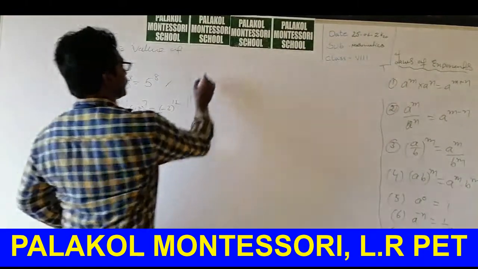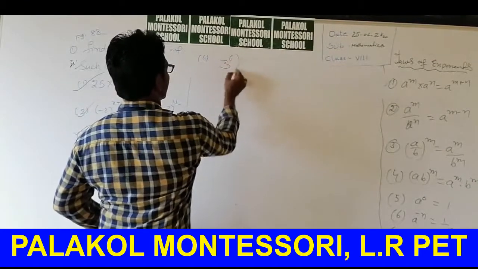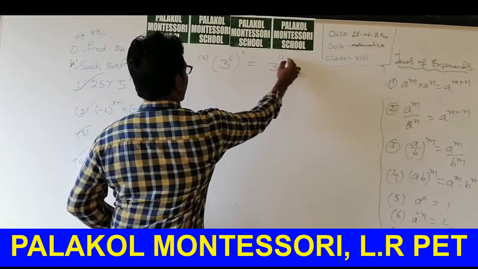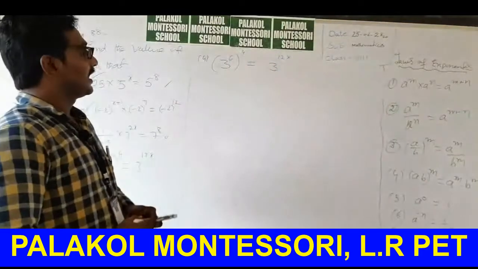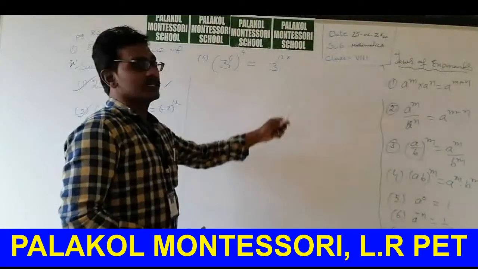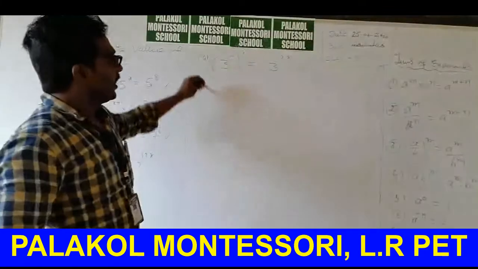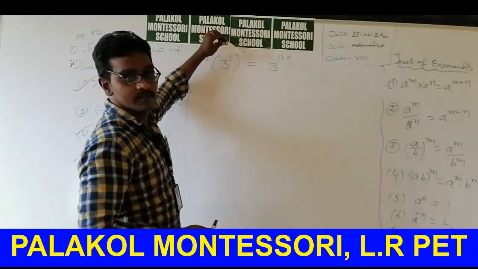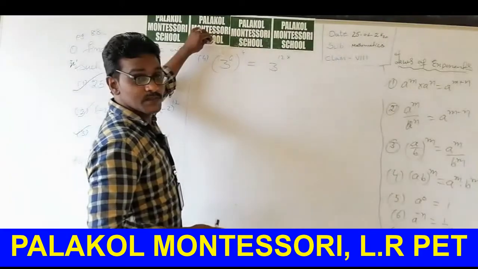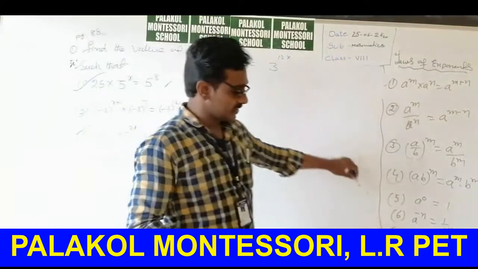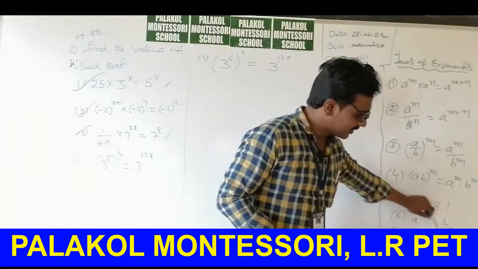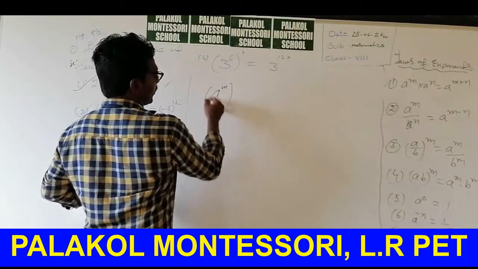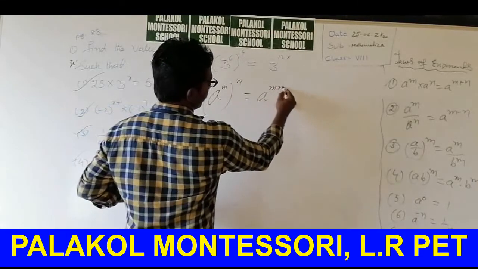Yes, the fourth question. 3 power of 6 whole power of 4 is equal to 3 power of 12x. Guys, this is also a very good equation. Here one term is there, on the other side one term is there. But the powers are different in this case. Which formula is suitable, you guess it. Yes, the seventh one: a power of m whole power of n is equal to a power of mn. Here I apply that. Put in the box.